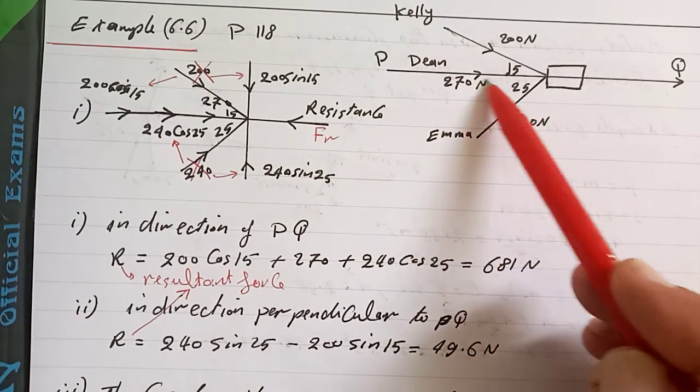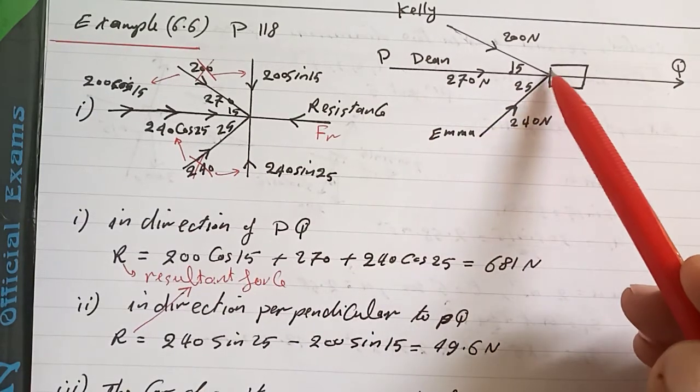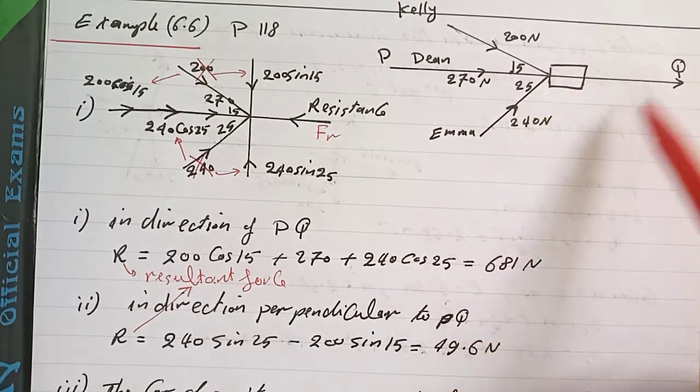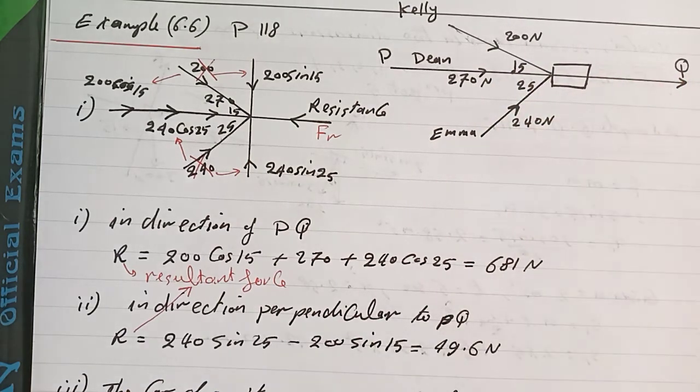These are the 3 people: Dean, Kelly, and Emma. They are pushing this car in this direction. The car is moving in the direction of PQ. Calculate the total force exerted by the 3 people in the direction of PQ